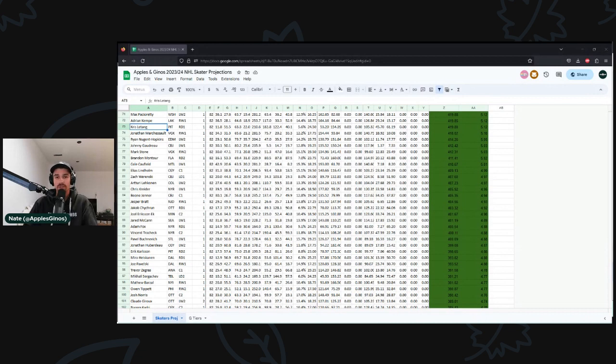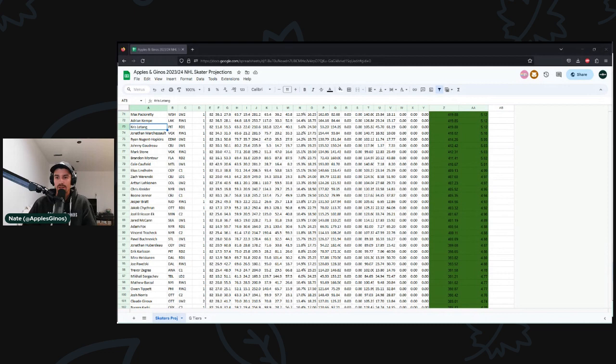That's something that you should be able to do. Or physically, if you want to, assign the number value to the time on ice over the base projection that you think they're going to get, then you just go ahead and do the math and figure out what the new projection works out to.